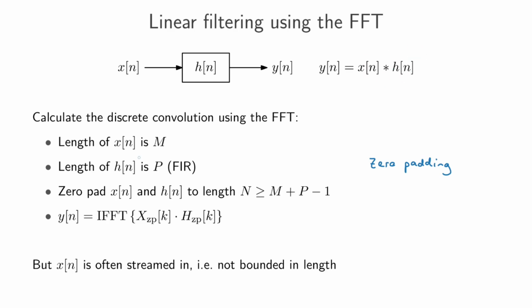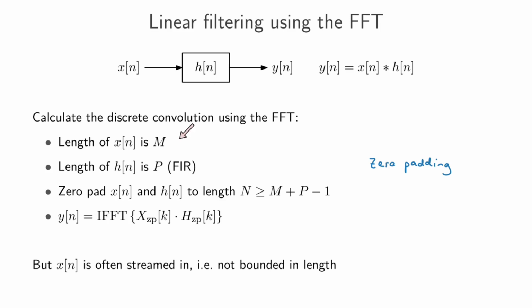It's not always the case. If things are very short, then sometimes just calculating the convolution directly is faster. But in most practical settings, this for a finite impulse response filter is fast, and faster than just directly plugging in the definition of the convolution. Okay, this is nice, this is great.